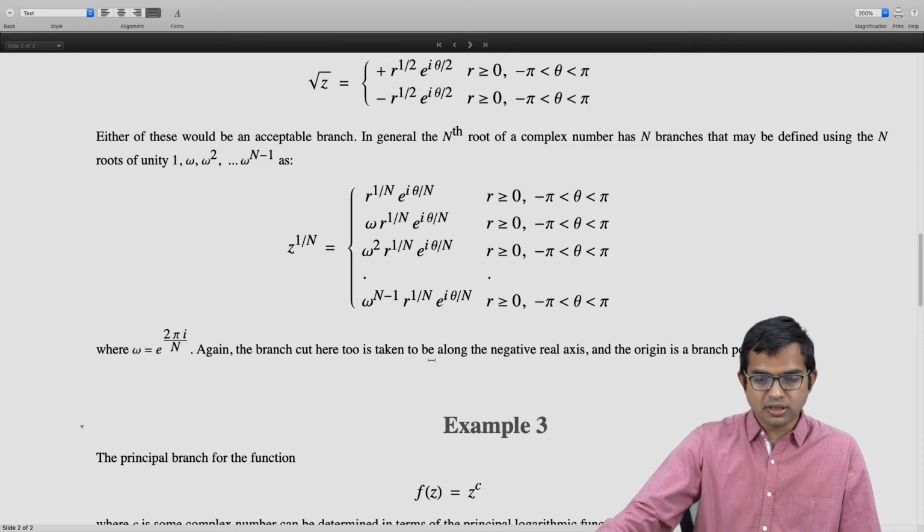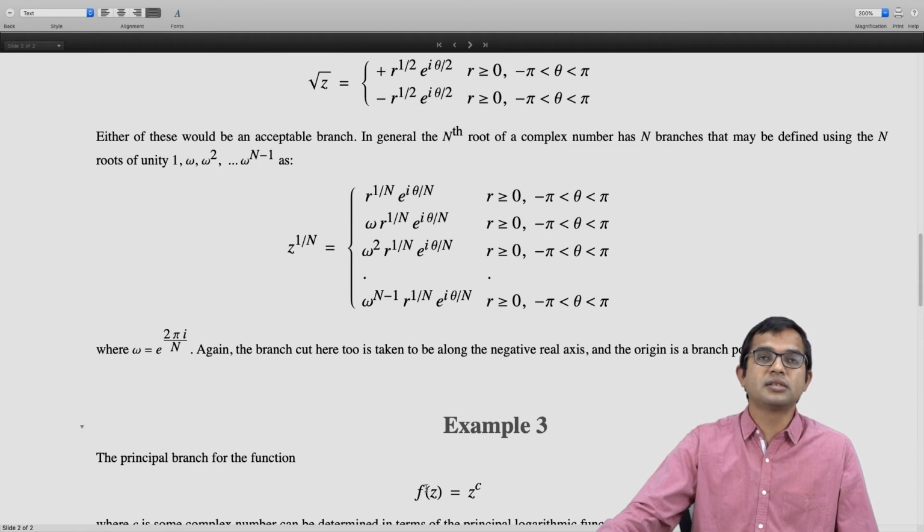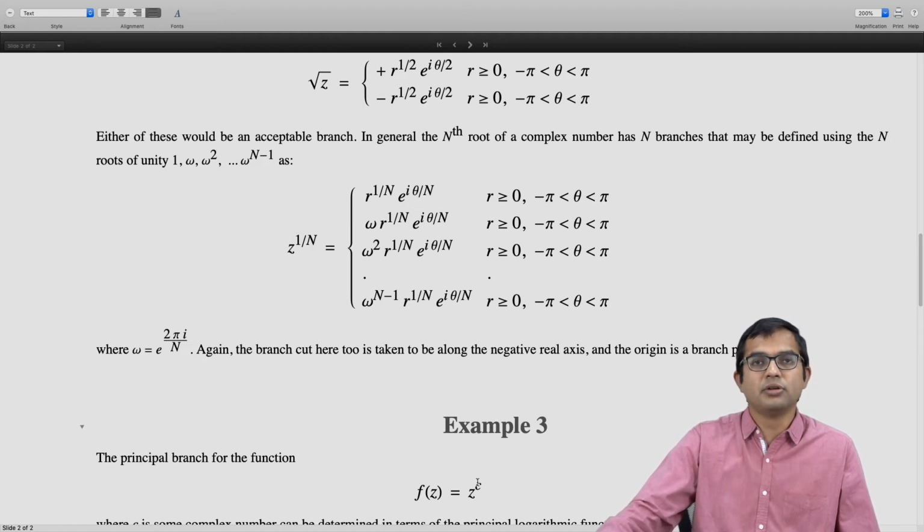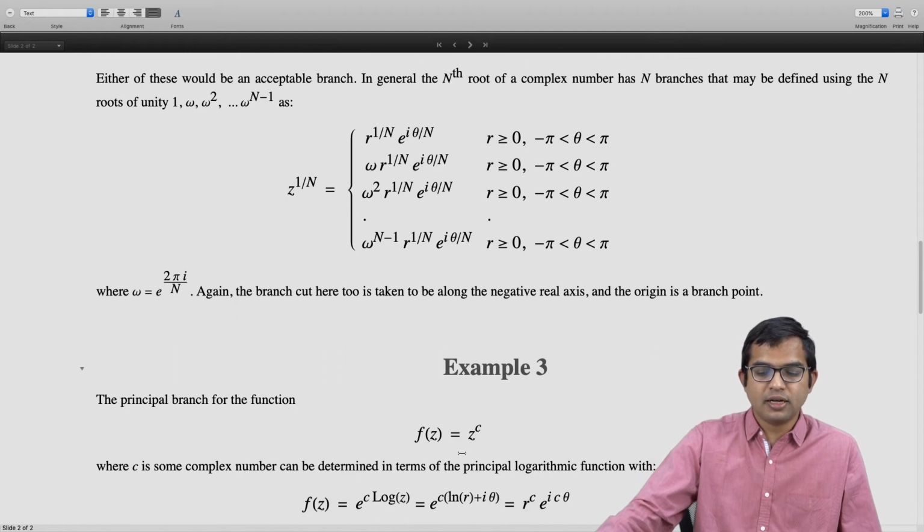Now, but on the other hand, if you look at a function like f of z is equal to z to the c, where c is a complex number, right? If it's neither an integer nor the ratio of two integers, then this function is definitely multivalued, but in fact it has infinitely many branches, because you have to define this in terms of the log function, and the log function has infinitely many values, right? So we have seen that z to the c is defined as e to the c times log of z,